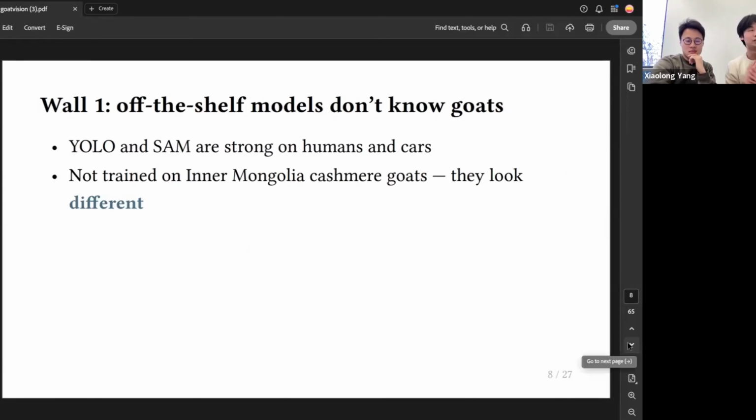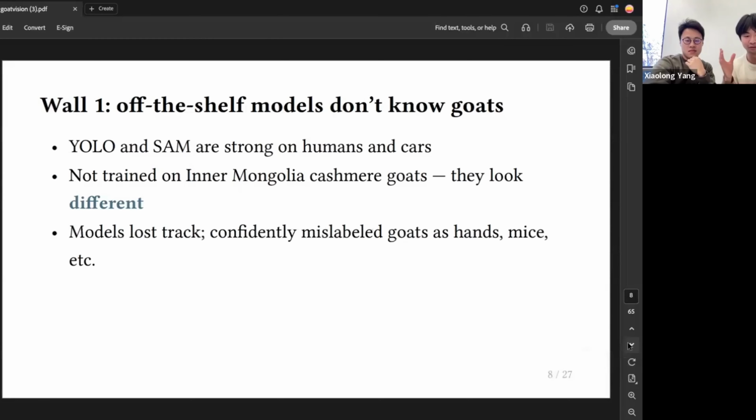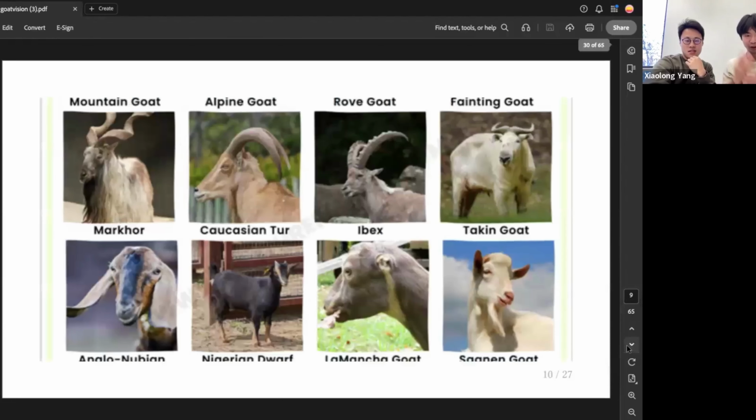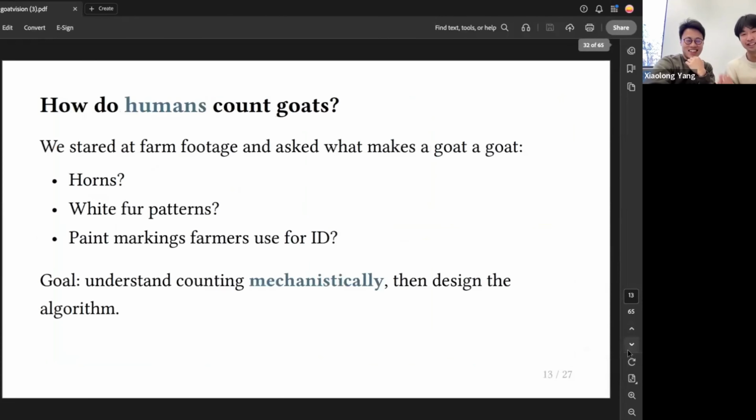So what did we try to do to solve this? Well, we tried to think back more systematically about how these people count. One of the methods the workers use is to mix in different colored goats. For every 50 white goats, you'd have one black goat, and then you just count how many black goats there are and multiply by 50. But of course, that's a big way to introduce error. You could be off by plus or minus 50.